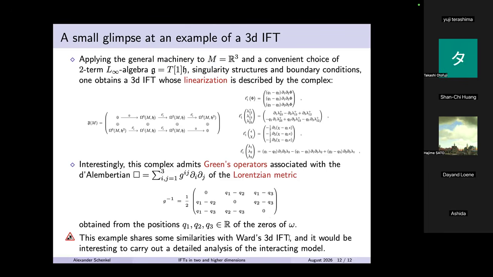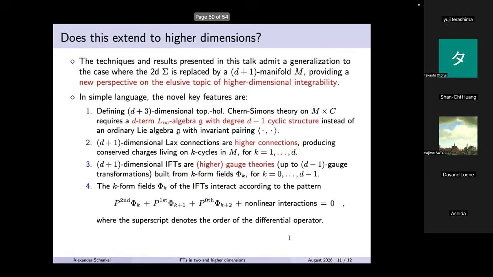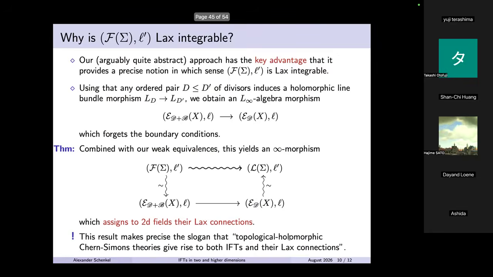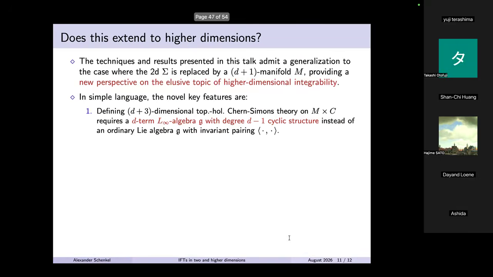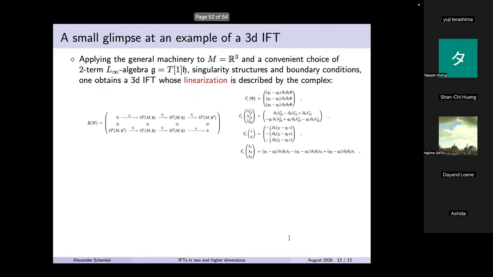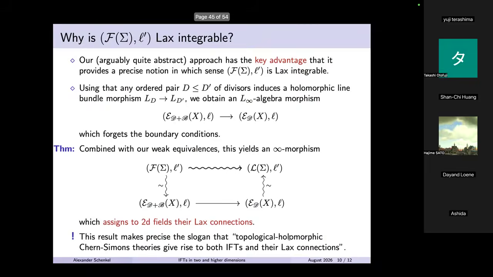Can you perform the quantization, similarly to the Costello and Williams textbook? Yeah, the quantization here, good question. So this is something we will be looking at. So what do you want to quantize? You want to quantize probably these